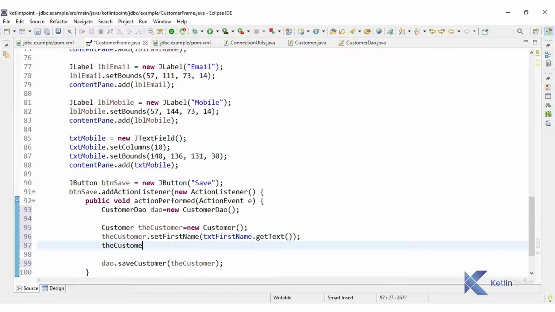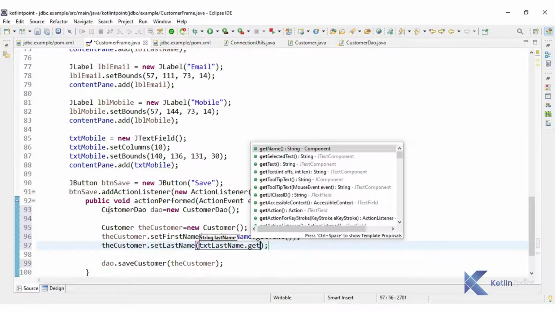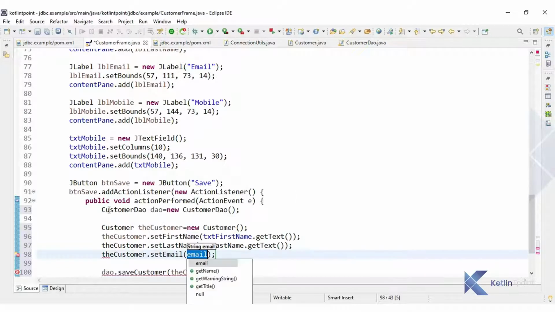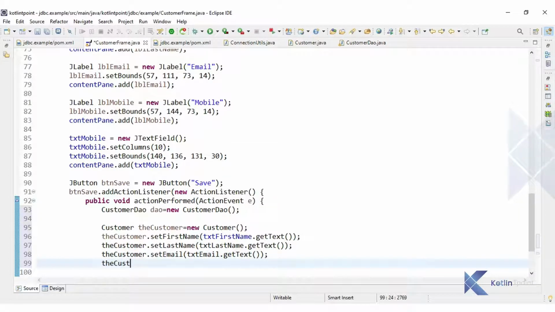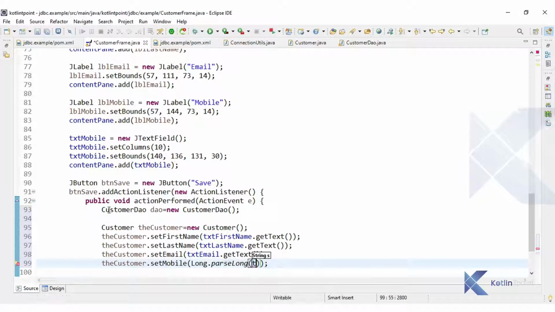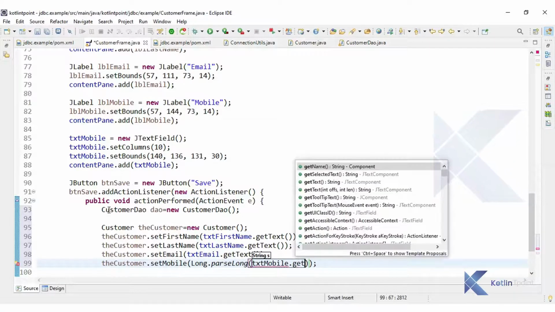So customer.setLastName with txtLastName.getText, customer.setEmail with txtEmail.getText, and customer.setMobileNumber is a long type, so we need to convert into long type because the text field returns a string type value only.